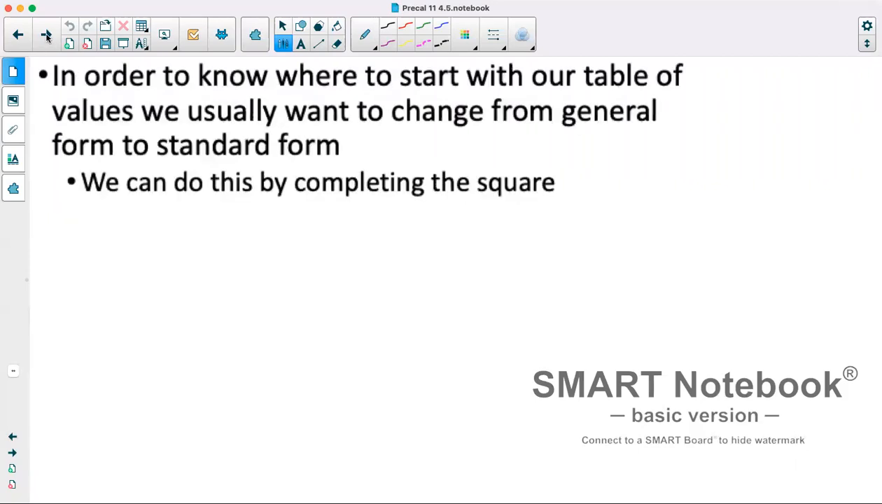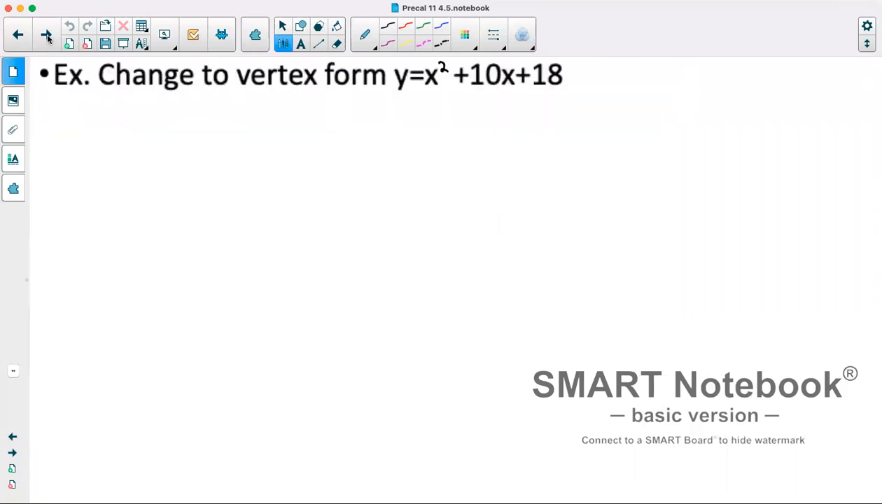In order to know what to start with our table values, we usually want to change from general form to standard form. That will tell us where our vertex is, and we can do it by completing the square. So for example, change to vertex form y equals x squared plus 10x plus 18. Now, if we don't have a value in front of our x squared term, we can start by rewriting our equation with the blanks. So you've got y equals x squared plus 10x